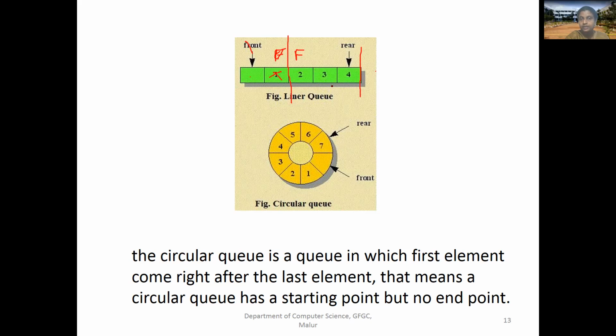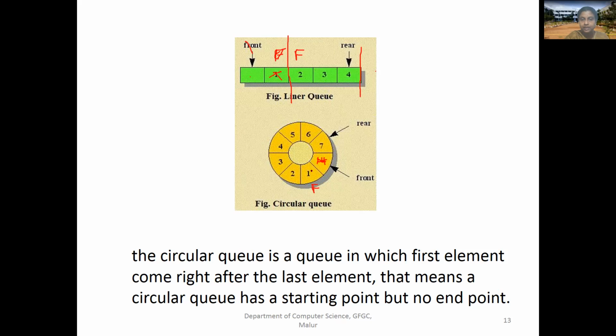So to avoid this, I make the same linear structure into a circle. So this is the structure, correct? This is the first one and this is the rear one. Consider there is a value 14 here. Our previous example only will be taken. This is front and this is rear. As of now, the queue is full. I'm deleting the record. So what happens? 14 will be deleted and this F will come to this position, correct?